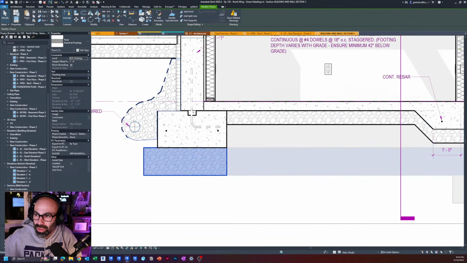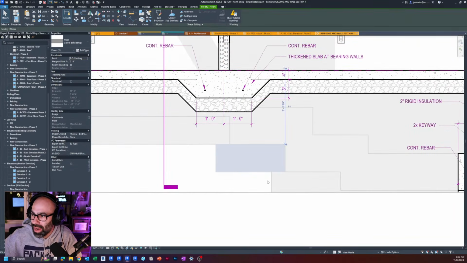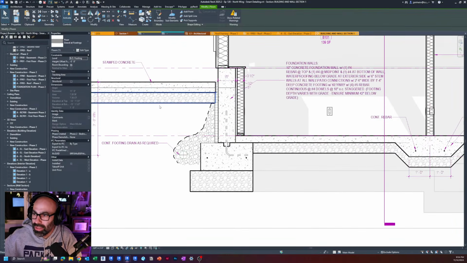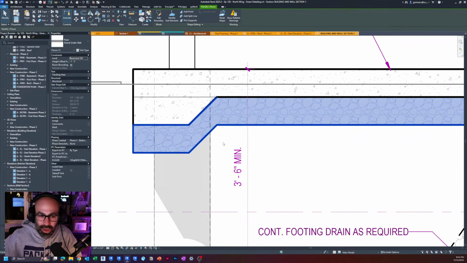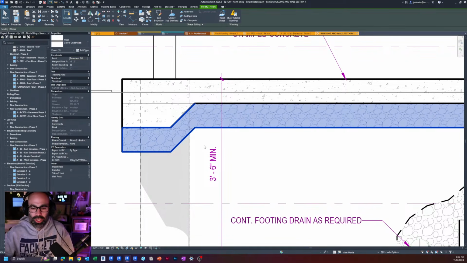Same for the footing, right? You can see I'm starting to build this in a little bit. This is gravel here, and so I'm going to start filling that in. Same thing here. This is actually modeled gravel with split, just adjusting the floor system. So, yeah, I'm just going to double check some of the